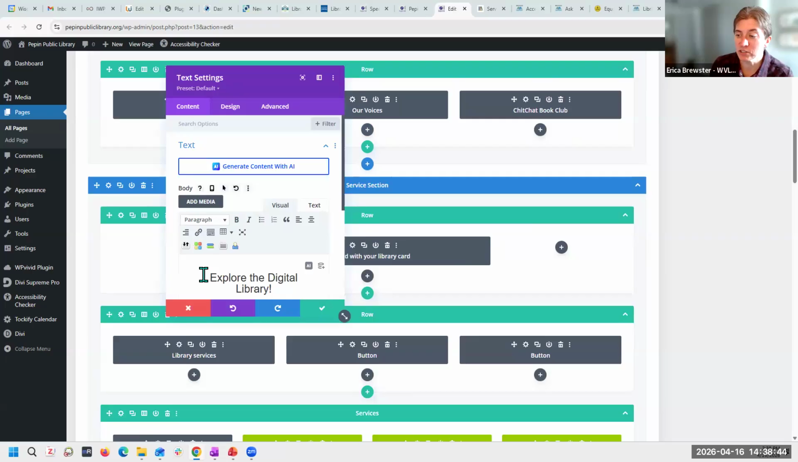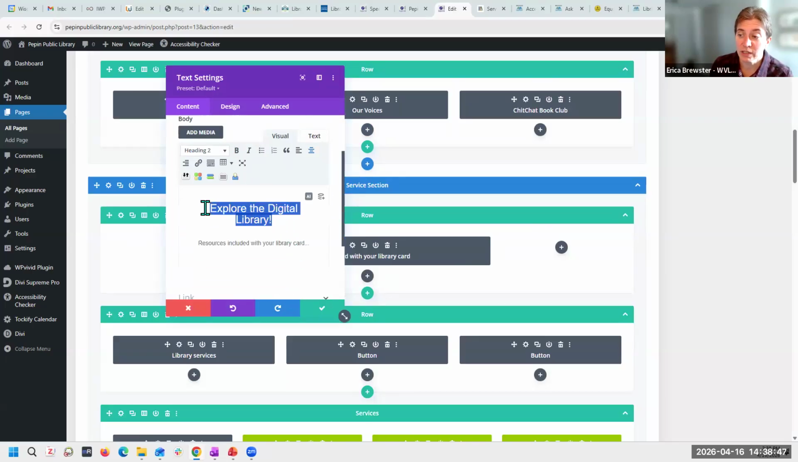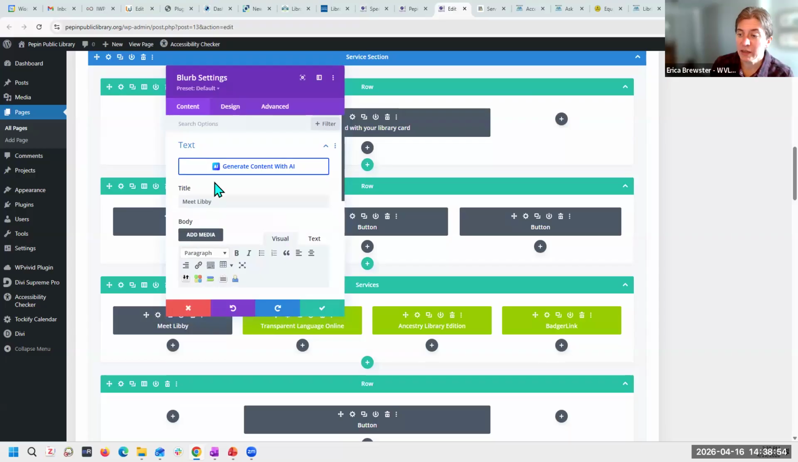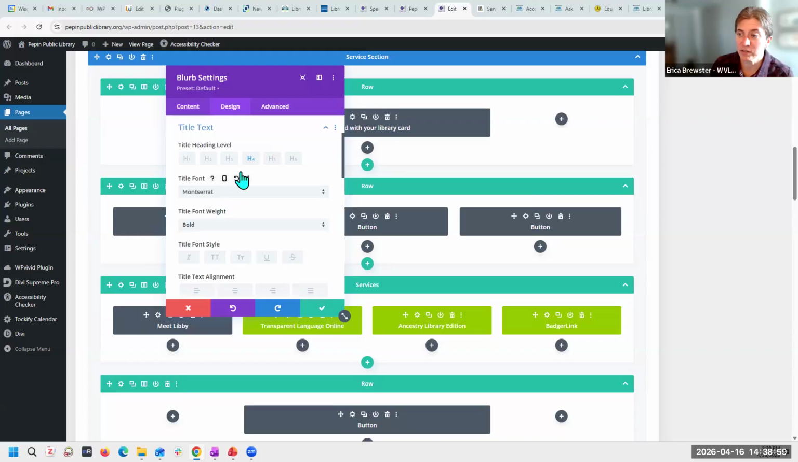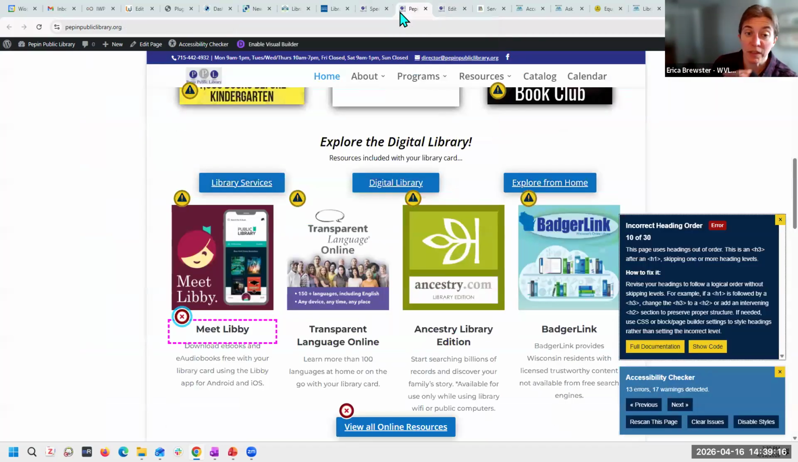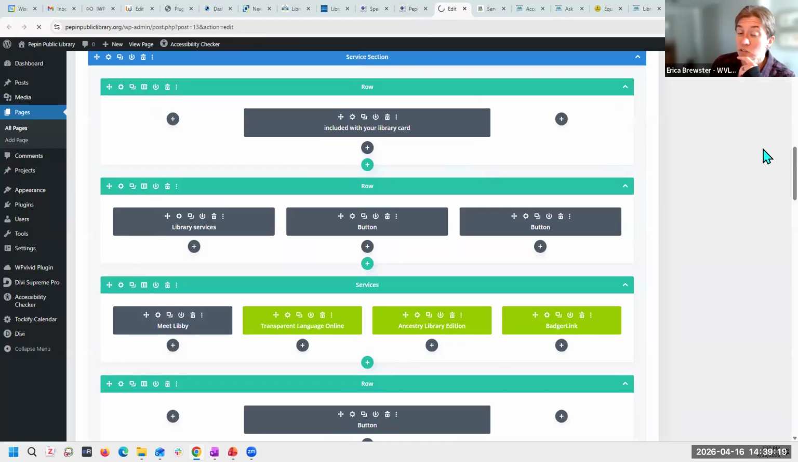So let's see, Explore the Digital Library is my heading 2, and that's already there, which is fantastic. Now I come down to Meet Libby and I go into design and my title text, and look, it's an H4 because we just had an H2 above it. Accessibility wants an H3. So I'm going to have to come in here and change my heading level to H3. And then when I save it, I am also going to warn you, in theory, you should be able to save it,